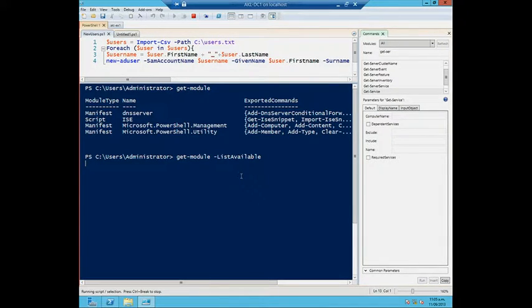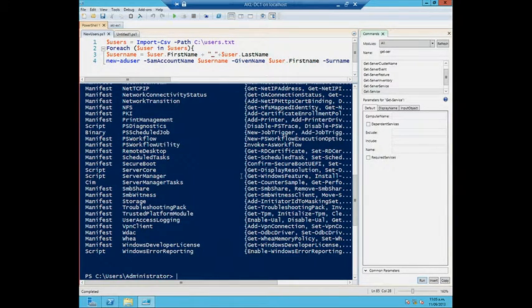Now, one of the frustrating things I will warn you about when you look at other products, Exchange, Lync, SharePoint, SQL, all that kind of stuff, is that not all of them use this module infrastructure. Most of them do, but not all of them. Exchange is one that basically got in first. The Exchange family got in first about how they wanted to provide their cmdlets to PowerShell, and they didn't use the module structure, and they still continue not to. So we've got something on that a little bit. But note, here's a list of all the modules that at least on this machine I theoretically could load.